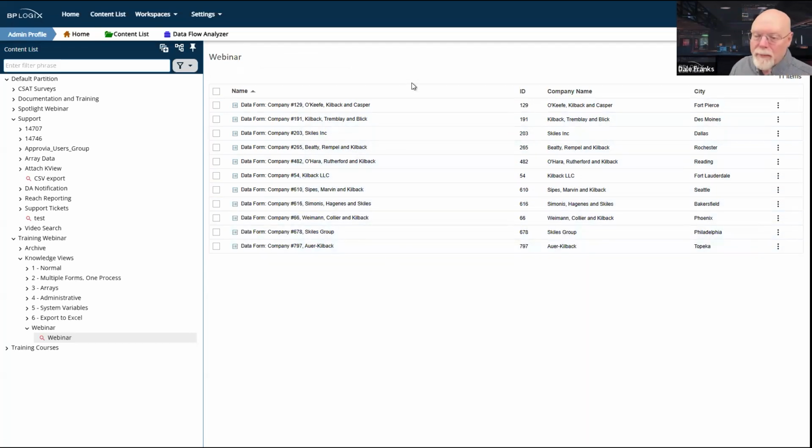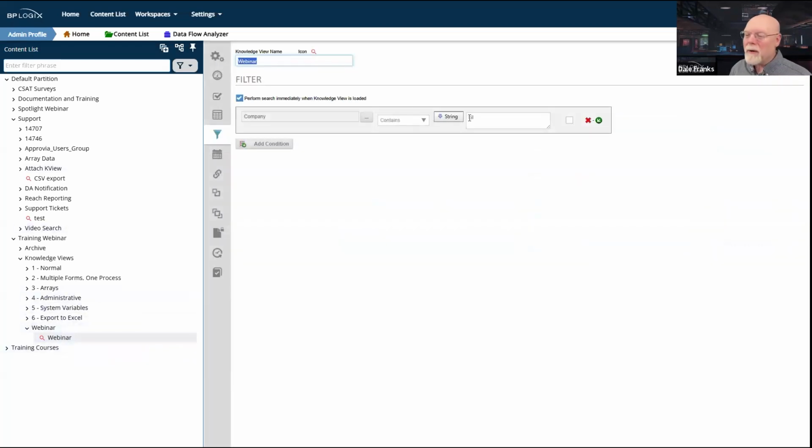And notice this happens when the knowledge view runs automatically. It's only returning records for companies whose name contains the letters KIL, although apparently Killback is a very popular name. So let's go back here.